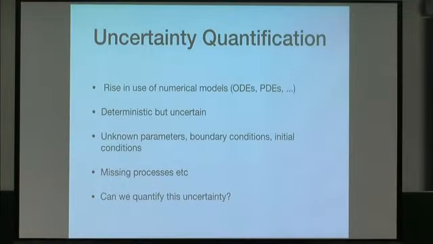Everyone goes on about big data and the use of algorithms, in inverted commas, in public life. But at the same time, there's actually been a big rise in the use of numerical models where we solve ordinary differential equations and partial differential equations, and that's not as remarked upon, but it is happening at the same